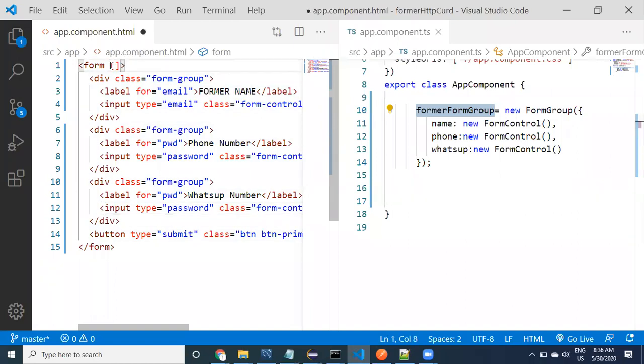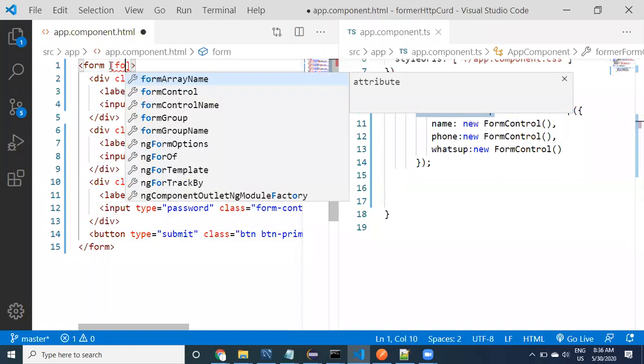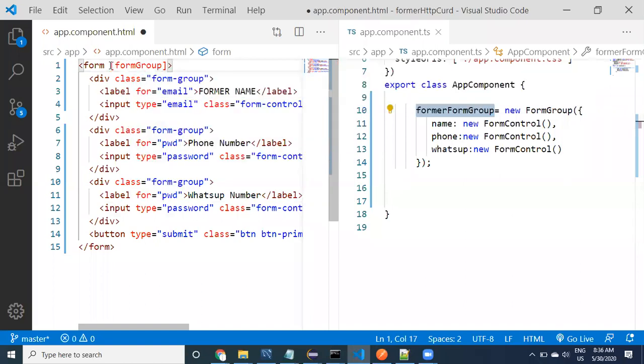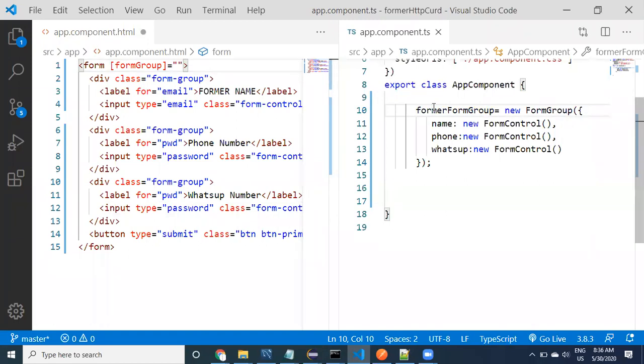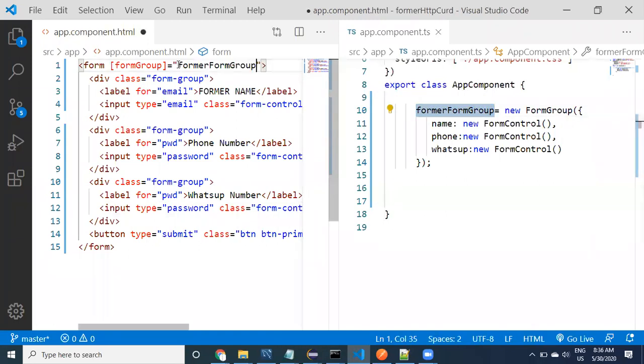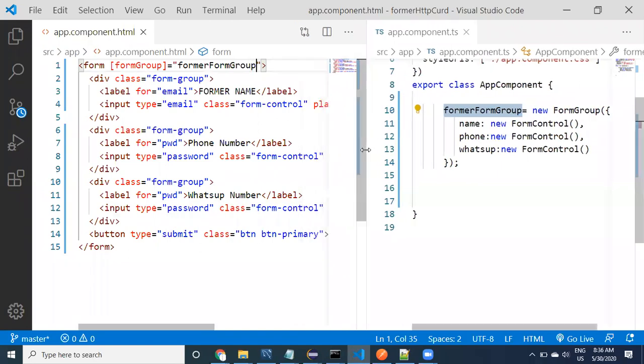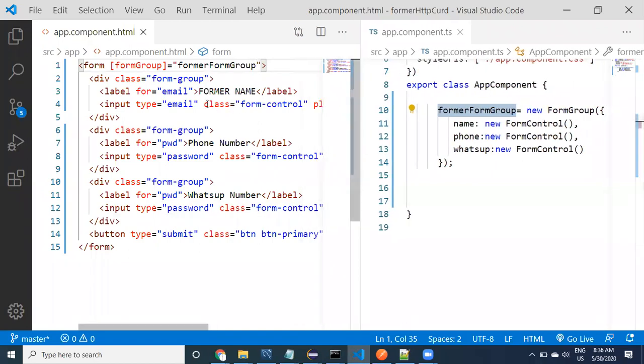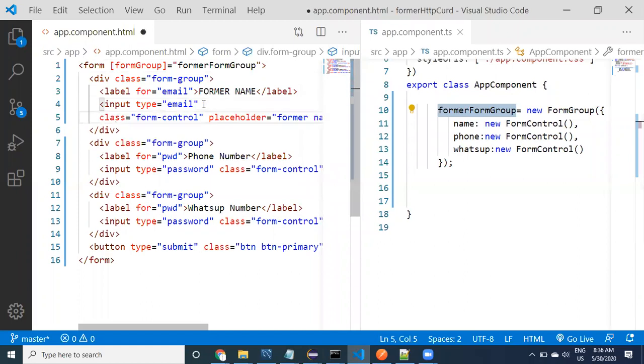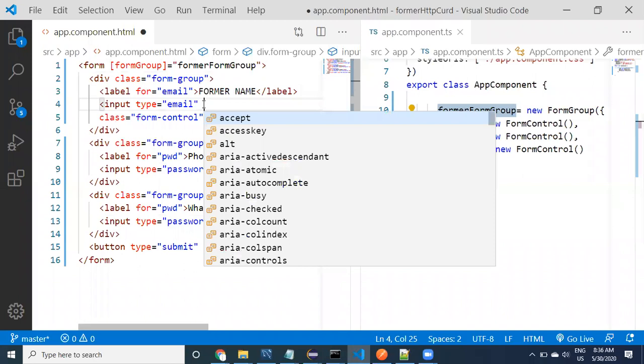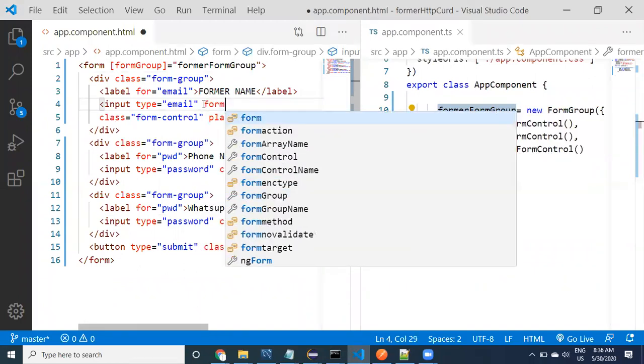What is the directive we need to use? Form group equal to, what is the property name that we have here? Form group. Now we need to take form control, of course.